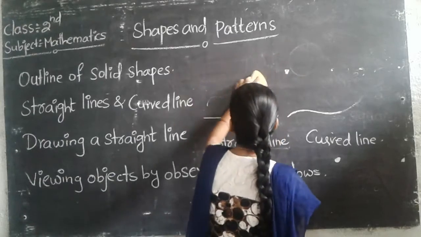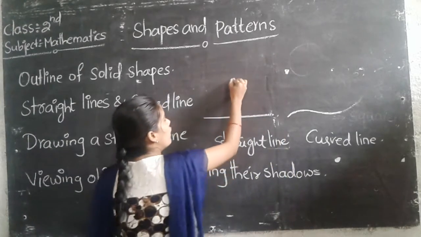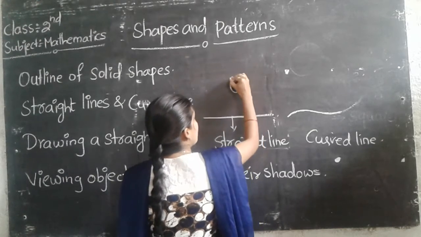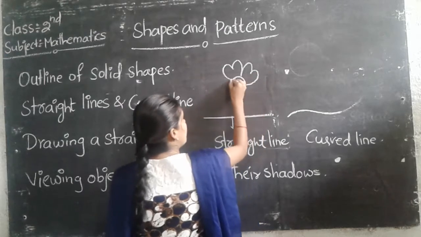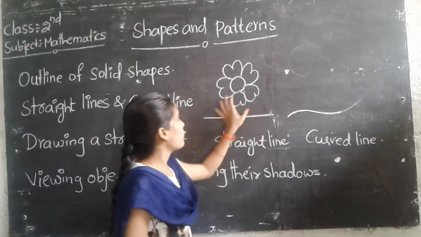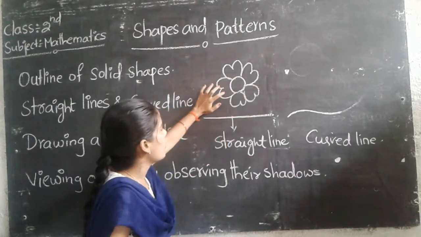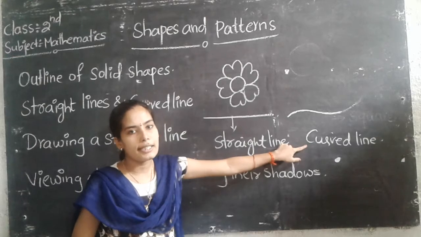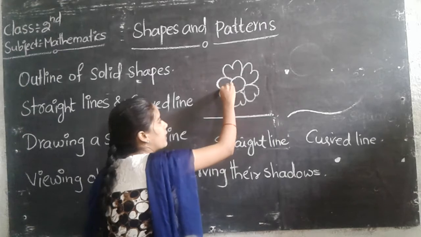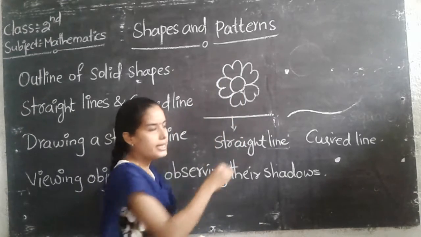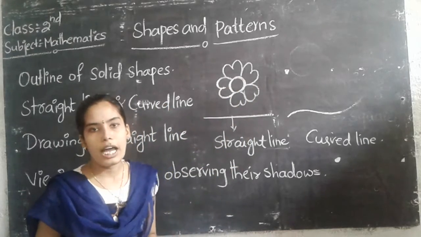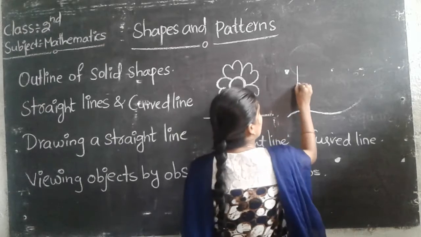In the same way, children, for example, if you draw a rangoli, compulsorily we have to use straight lines and curved lines. Once observe this flower: here what do we use? Straight lines or curved lines? Yes, we have to use curved lines. So, here the line is bending. Again here, the same way, a circle is there. Circle is also a curved line. For example, let us see.